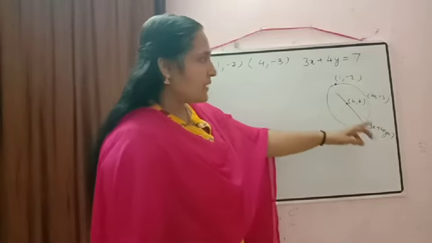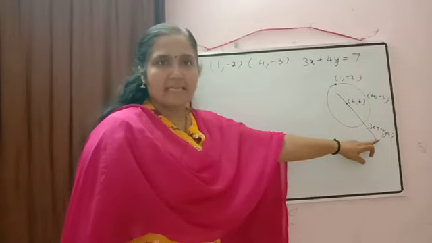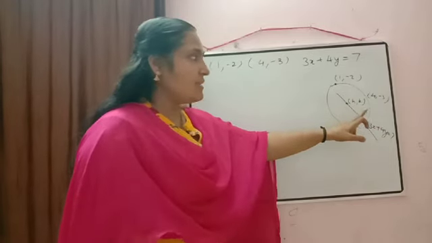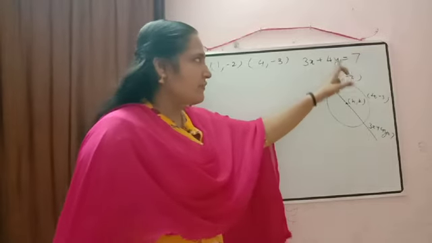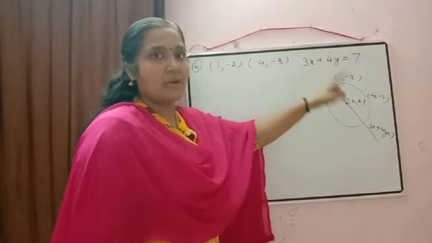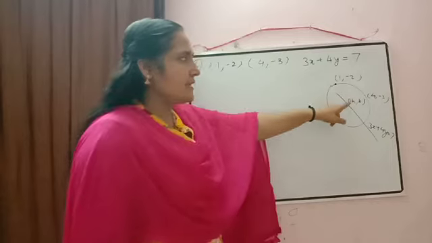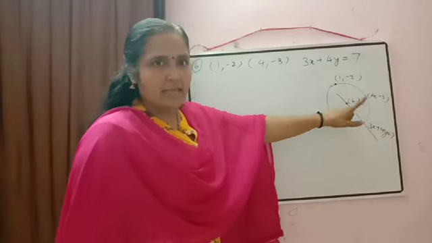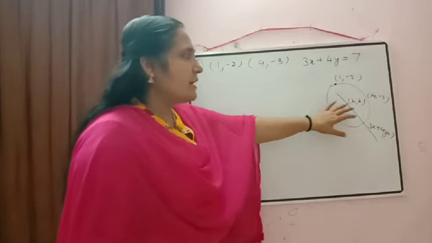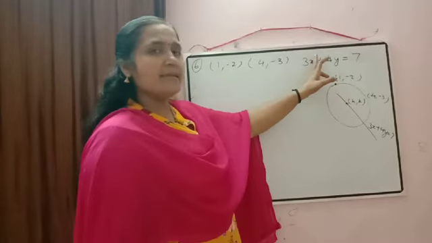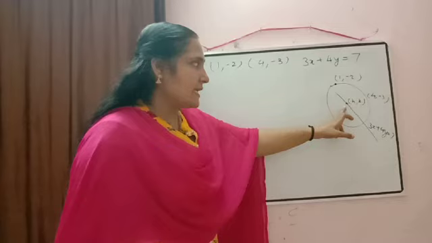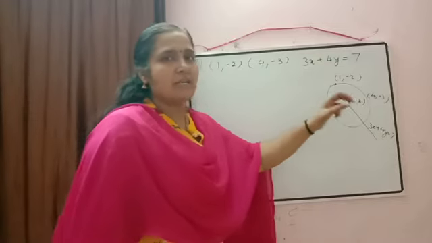So we know if a point lies on this line, then the point will satisfy the equation of the line, correct? So from this information, the first equation will come. Our center is h comma k and in the equation it is given h. The center lies on this line. So if a center lies on this line, it means the center will satisfy the equation of this line.